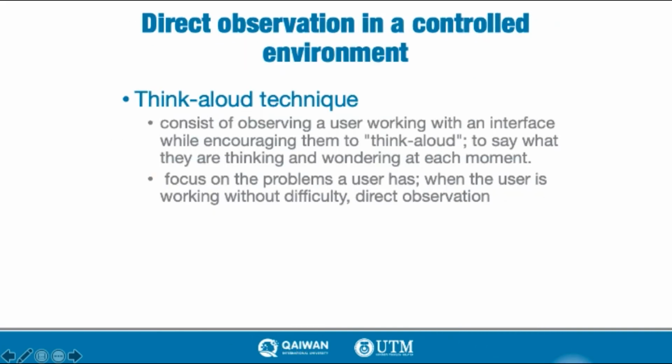Direct observation in controlled environments. There are many ways. One of the ways is think-aloud techniques. With these techniques, you usually give the product, the application or the system to the users, and you ask them to use it and to tell you how they feel while they use it. So you can record whatever they tell you at that time, or the focus of the problem the user has. Usually this tells what kind of problems these applications or systems have,